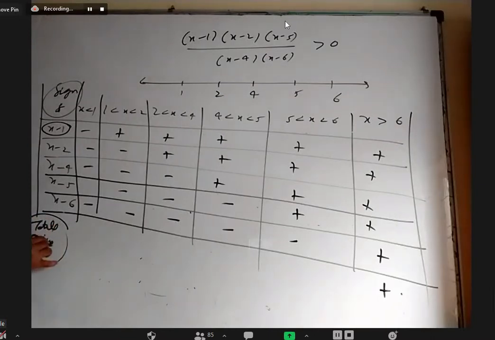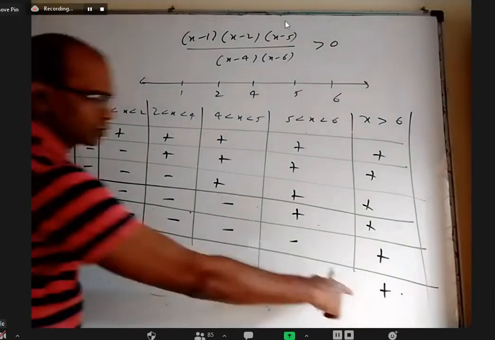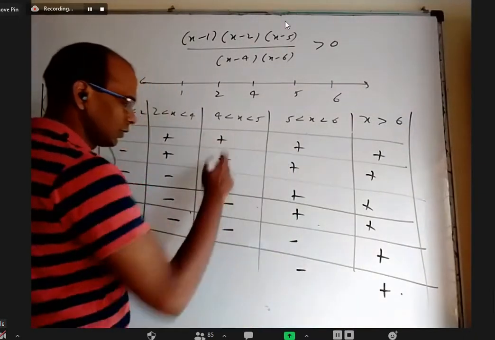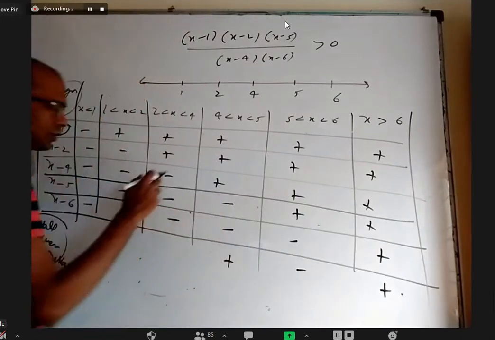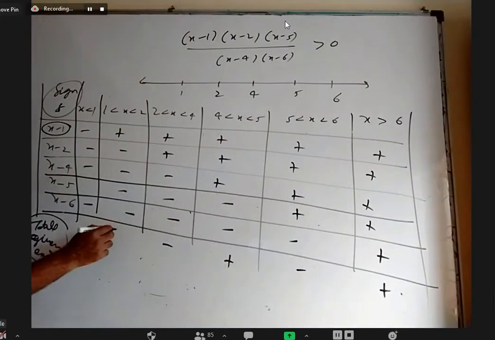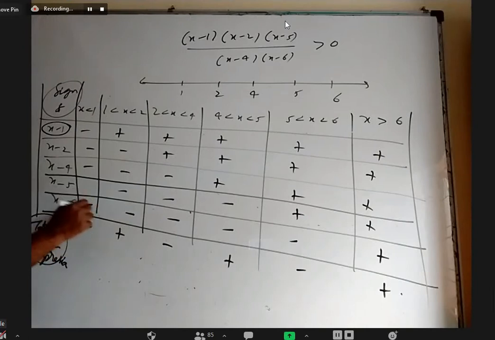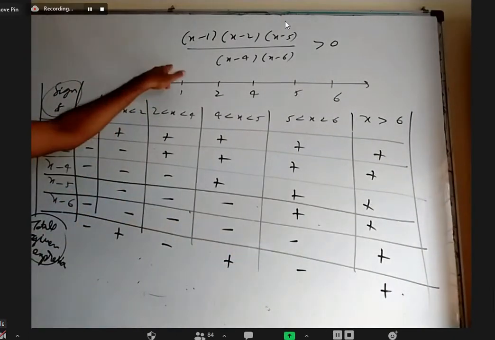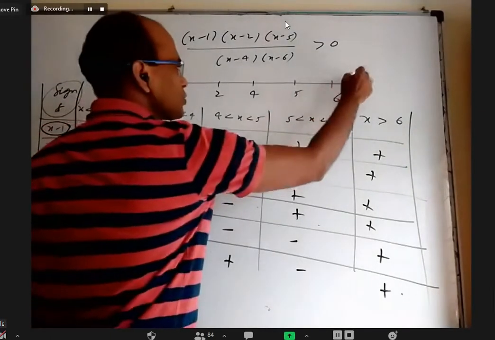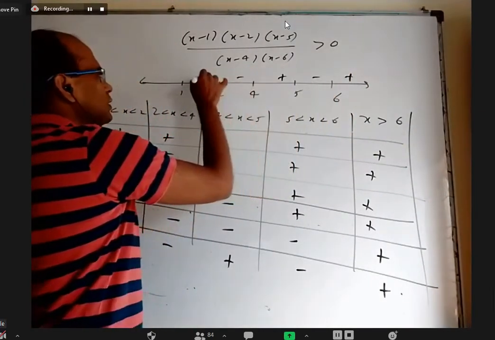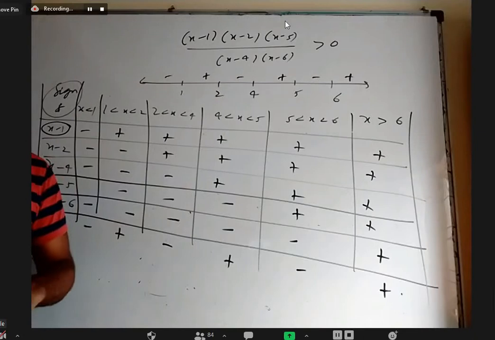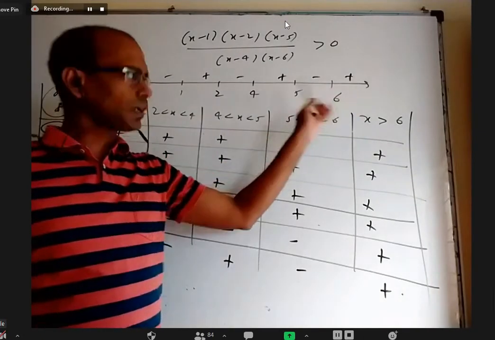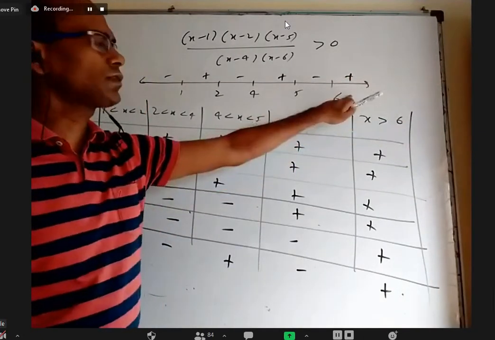The total given expression is positive here. Here it is negative. Here it is 2 negatives, so positive. 3 negatives, negative. 4 negatives, positive, 5 negatives, negative. You will see they will always come alternately. So the sign of this is positive here, negative here, positive here, negative here, positive here, negative. Mostly it will come positive at the rightmost interval. Sometimes you can get negative.